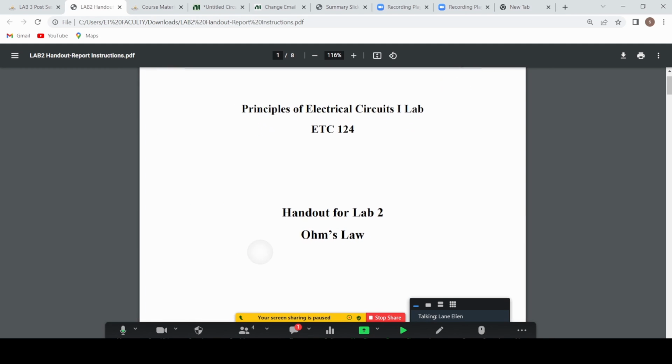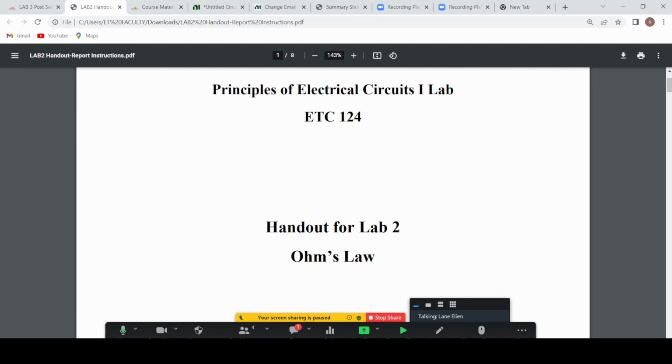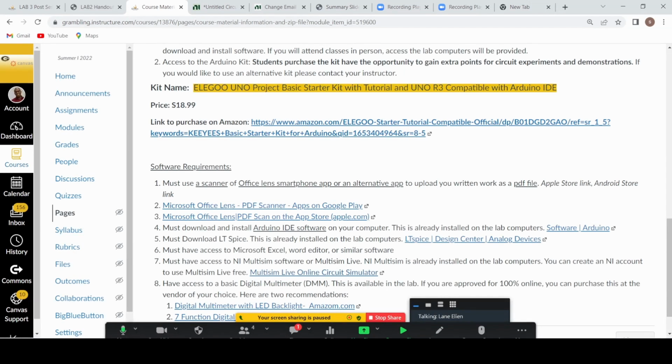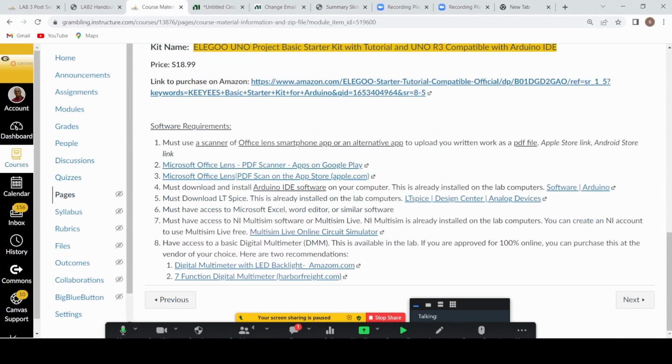So this is what the assignment looks like. For this assignment, you need to use Multisim Live online. If you remember in the course materials I gave you on this page, I told you that there are two simulation softwares that you can use for circuit simulation. That is where we get the computer to solve the circuit,